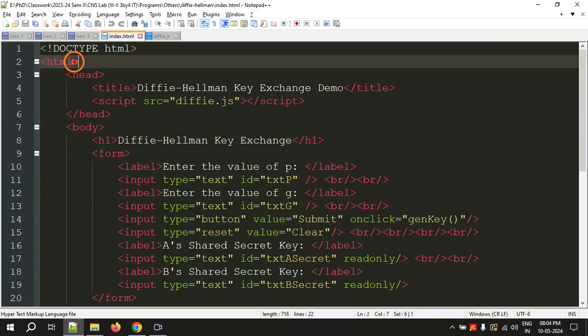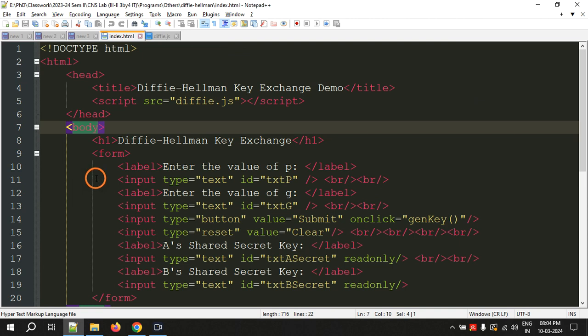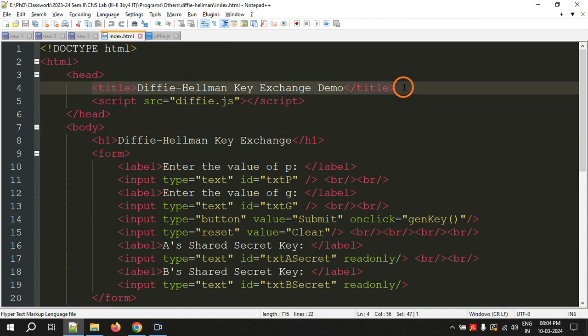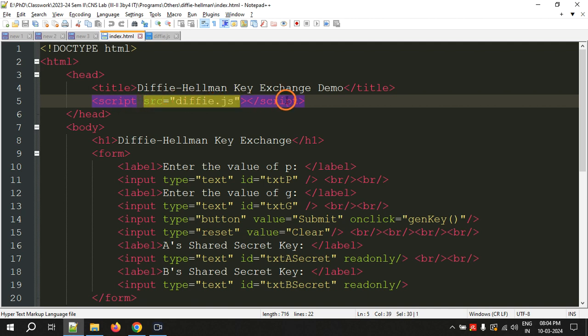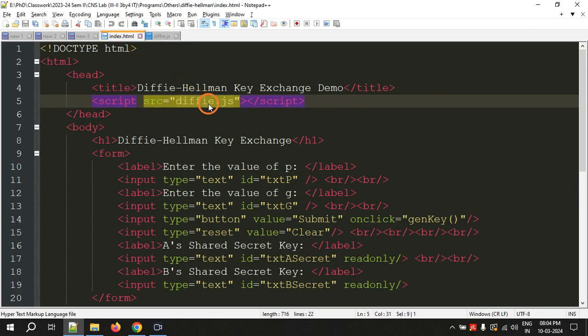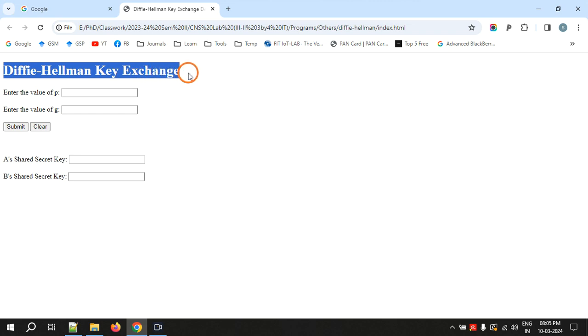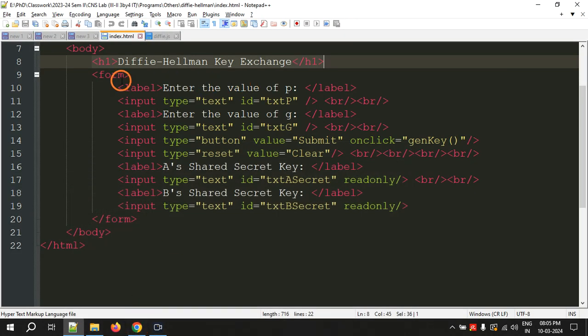These are the typical HTML tags: head tag, title tag, body tag. Within the head tag I am writing the title tag. And here I am using the script tag. My JavaScript is available within the file diffie.js. I am linking the JavaScript file with my HTML using this script tag and the src attribute. Now the body contains a heading which will display this Diffie-Hellman key exchange title, and we